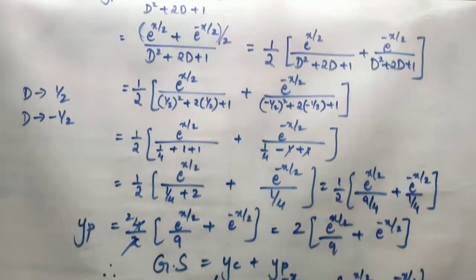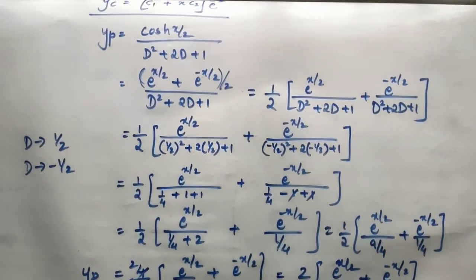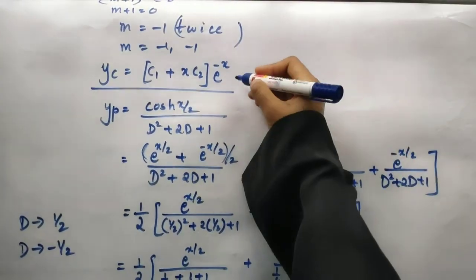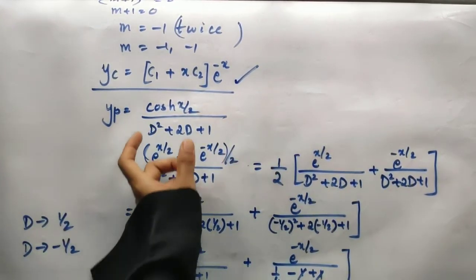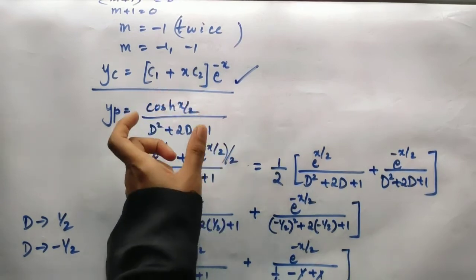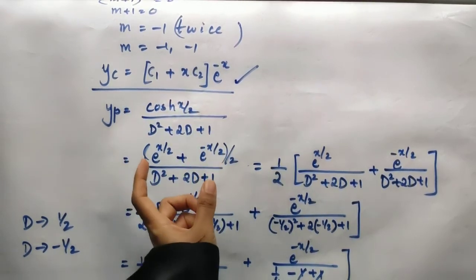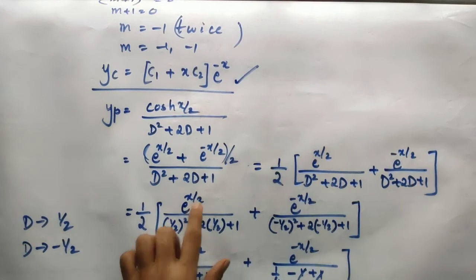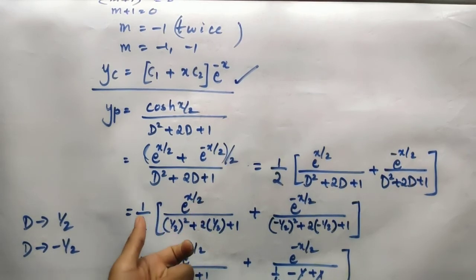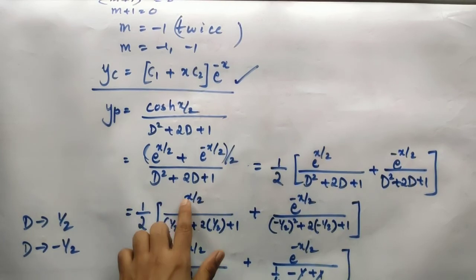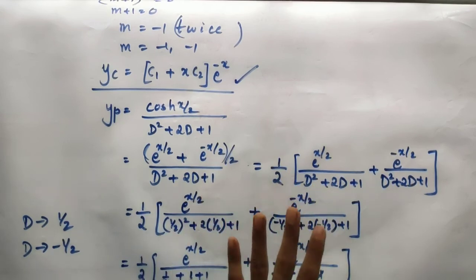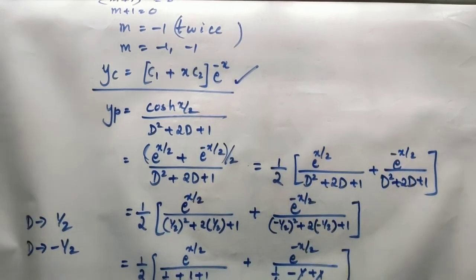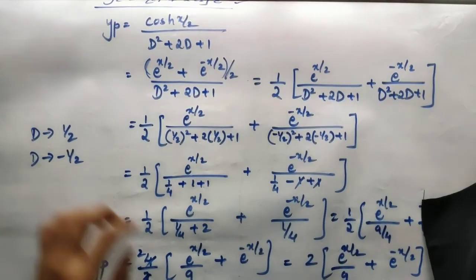It's very easy. Just see here. Up till here, you all know how to write the solution YC. Only this part is new for you. In that also, you have the cos hyperbolic x definition very well known. Okay, so use it. Separate the terms. Just replace the denominator: in the denominator every D should be replaced by the coefficient of x from the numerator. Here the coefficient of x is plus half, whereas here the coefficient of x is minus half. Accordingly we have substituted and then we have simplified to get the solution for YP.